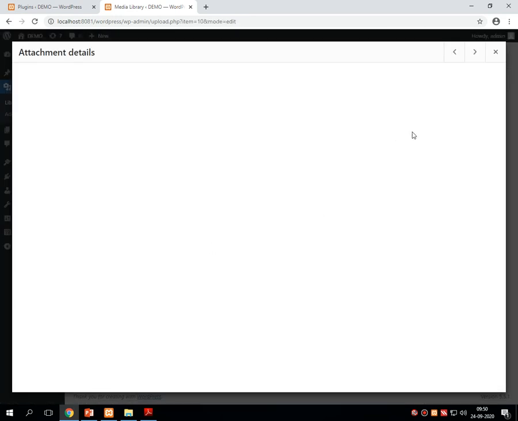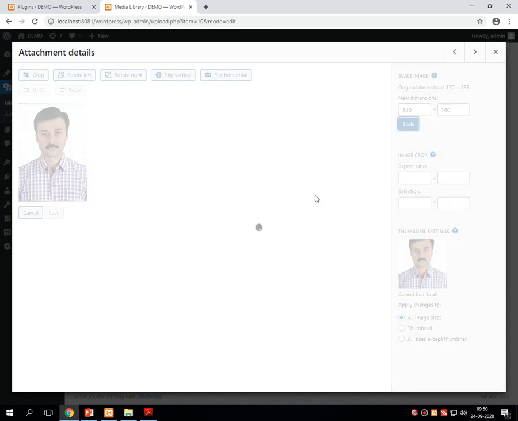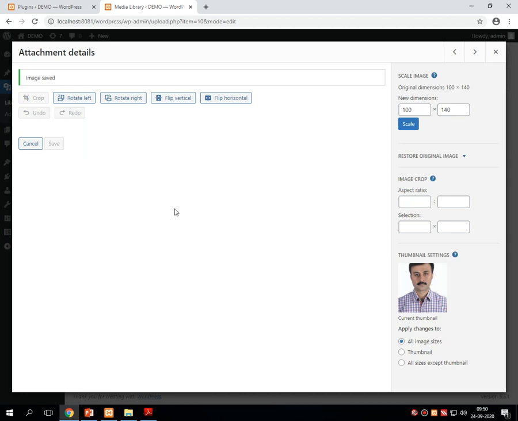Edit image. 100 by 140 and scale thumbnail, crop, size.